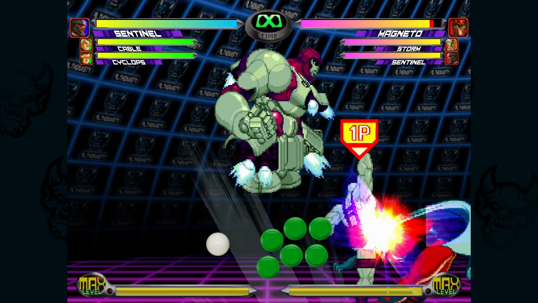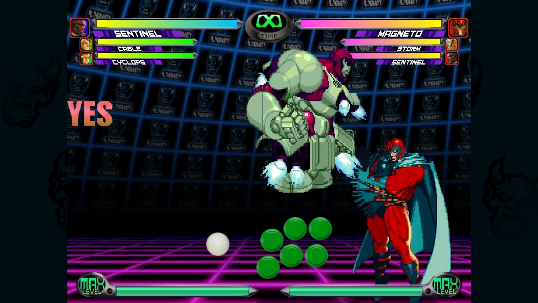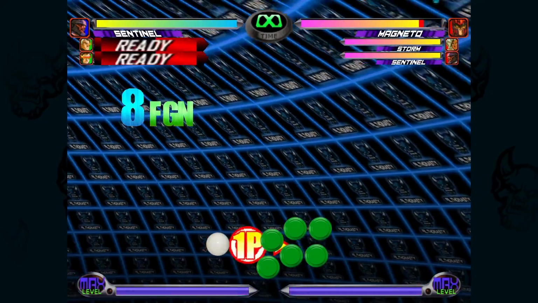Another really useful thing is that you can call assists during flight mode. Definitely use this to your advantage as much as possible, but don't get carried away and call them carelessly, because I would hate for your assist to